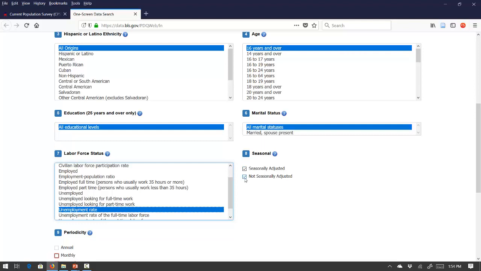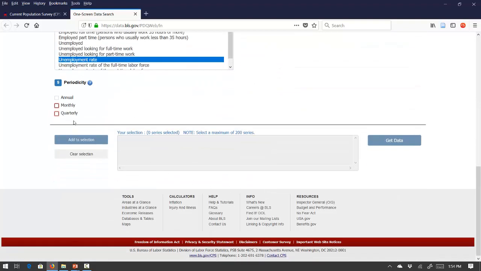So I'm going to uncheck this not seasonally adjusted here, and I'm interested in the monthly data because BLS collects information about the labor market or unemployment rate on a monthly basis. I'll just check it here, then I'll add to selection, then I'll just click this get data on your right side,